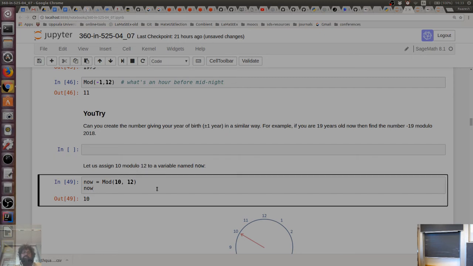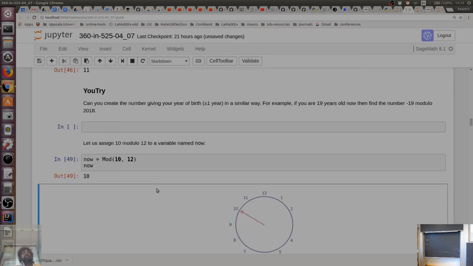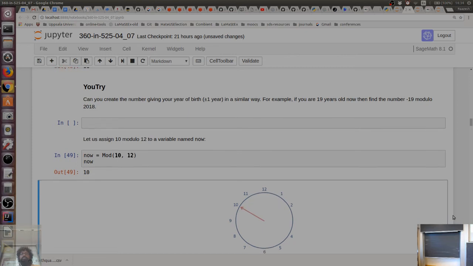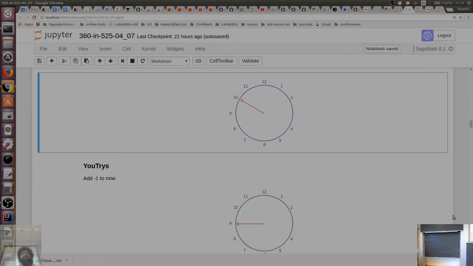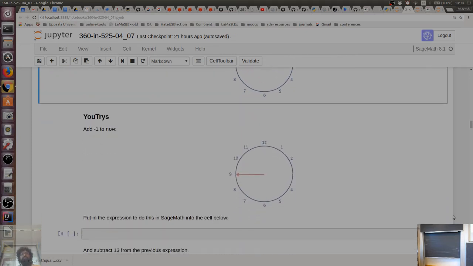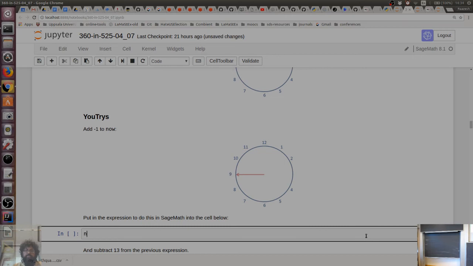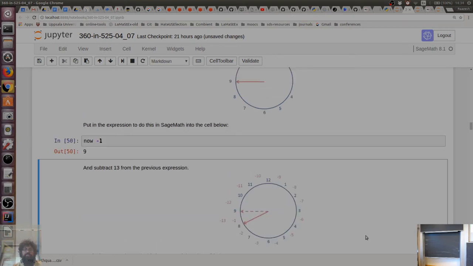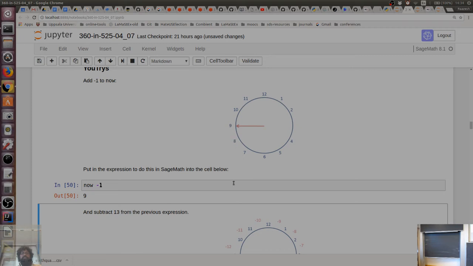Yeah, so this is maybe too rudimentary, you know. So I can define now to be mod 12. So let's say it's 10 a.m. That's what this image is showing. It's a clock, and you can add minus 1 to now. So now minus 1 is 9, right? So that's what's happened. Just move backwards